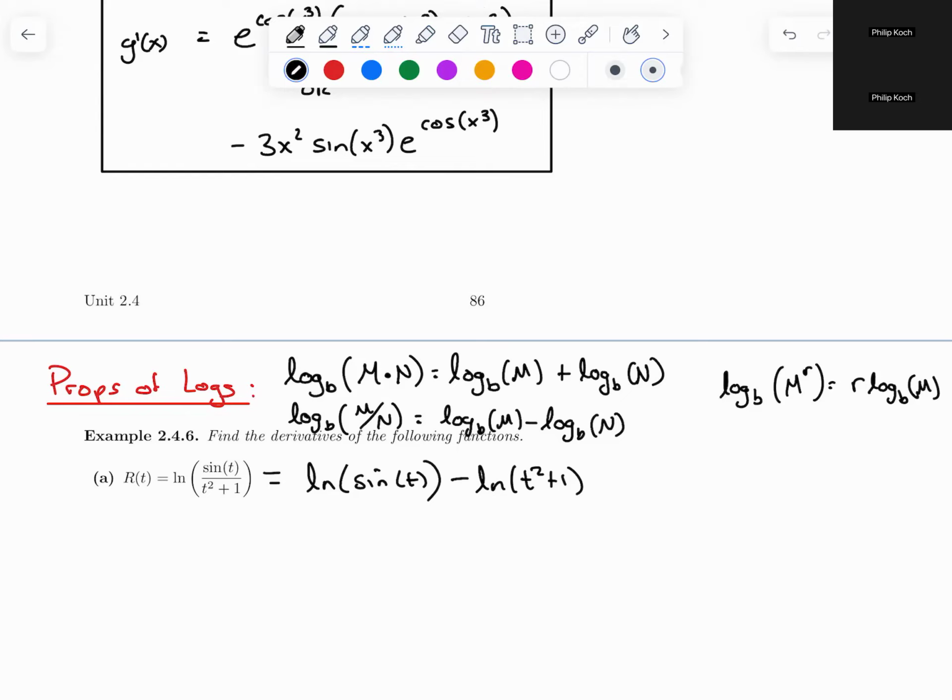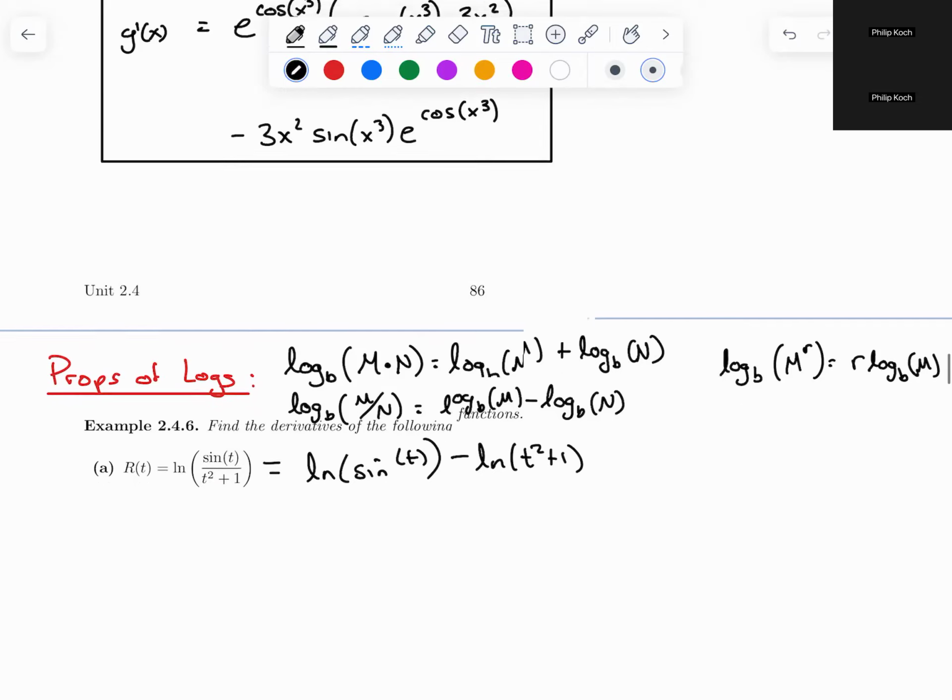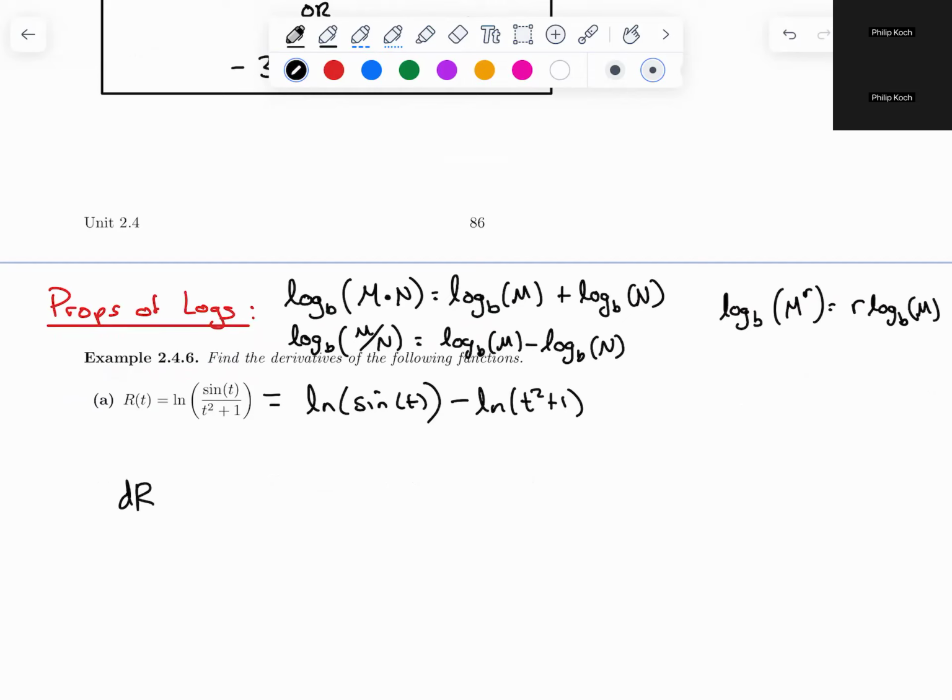So that is R of t. Notice that's equal to R of t. So now I'm going to write dr/dt. Let's use a little bit of Leibniz notation. Let's get comfortable with both. The outer function of the first term is natural log. The inner function is sine of t. So the derivative of natural log is 1 over x, but this is 1 over sine of t because the inside is sine of t. So it's 1 over sine of t times the derivative of sine of t, which is cosine t,